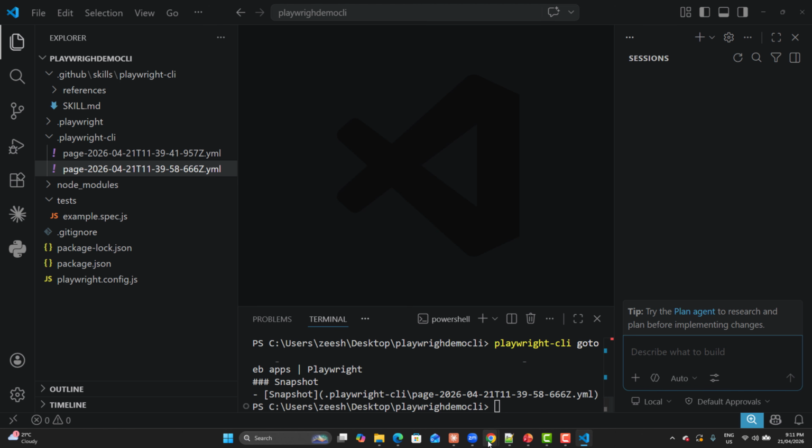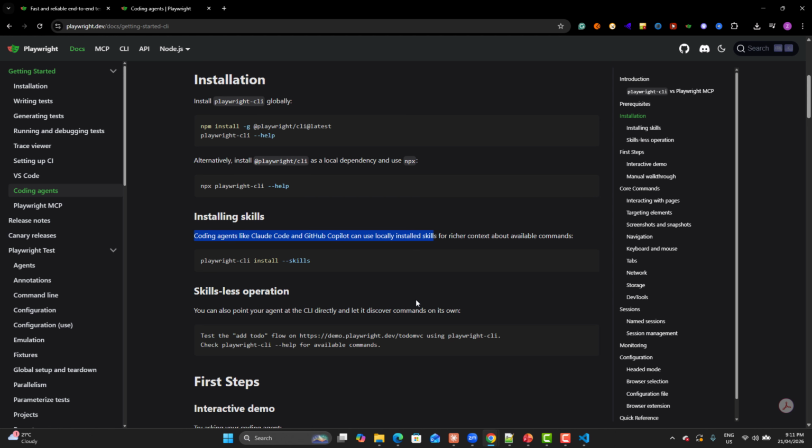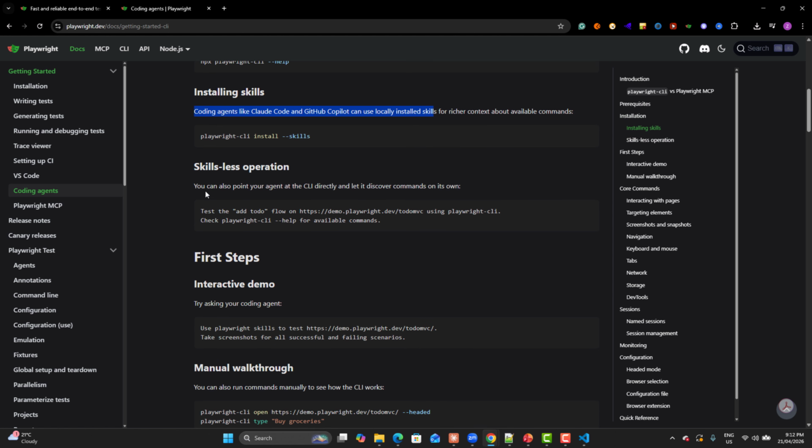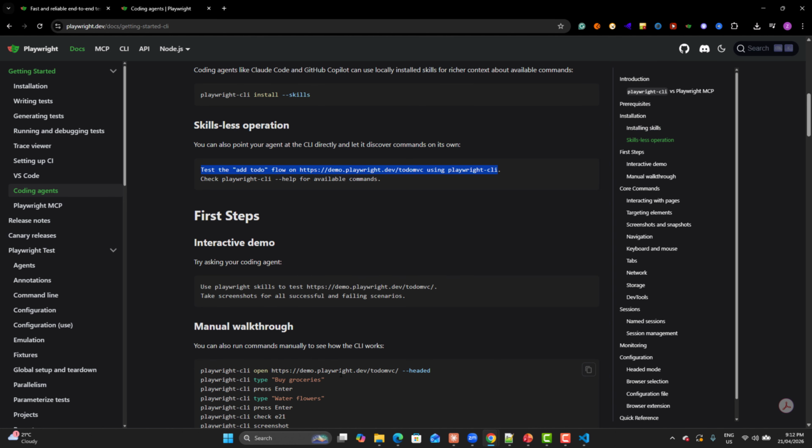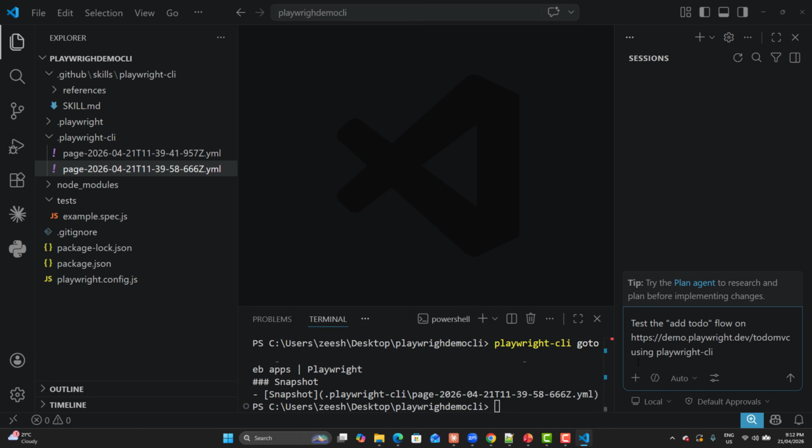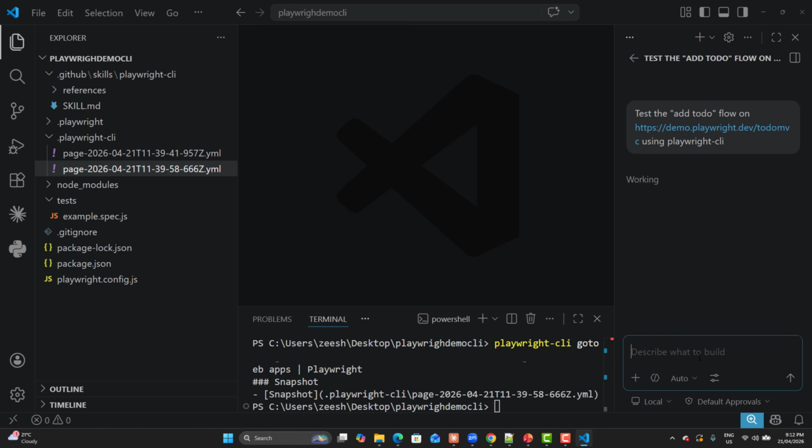So what I do is simply go back here, and here it says that you can also point your agent at the CLI directly and let it discover the commands on its own. So test this one using the Playwright CLI. Let's copy this command from here, and let's go back. And here you see that we have different things. So simply go ahead and provide this information here. Test the add to do flow on this using the Playwright CLI